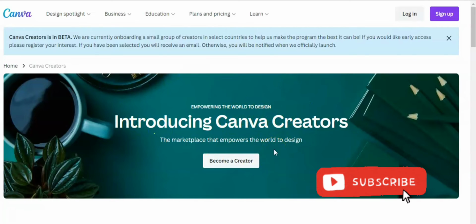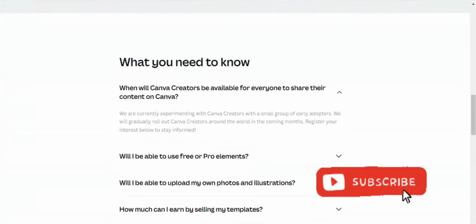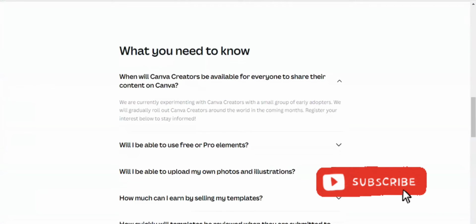Okay, so now this is what you need to know about the creator program. When will Canva Creator be available to everyone to share their content on Canva? We are currently trialing Canva Creator with small groups for early adoption. We will gradually roll out Canva Creator around the world in the coming months.